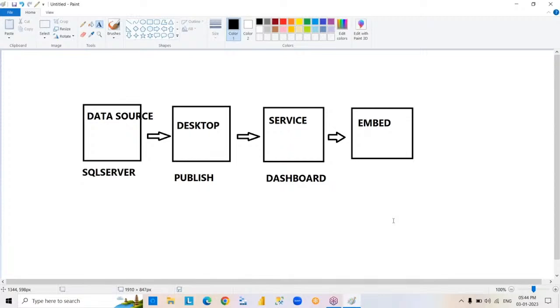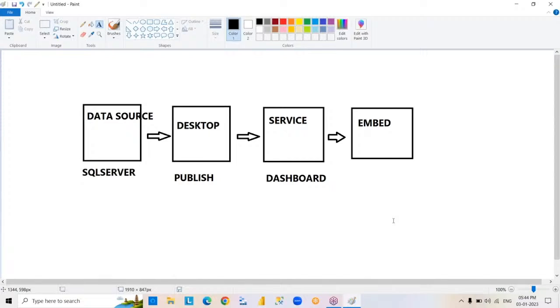So a little bit about embedding Power BI reports and dashboards into applications, for internal users and external users. What licenses are required? What security scenarios are required? Something from the real-time environment. These types of things we are going to discuss under this training,